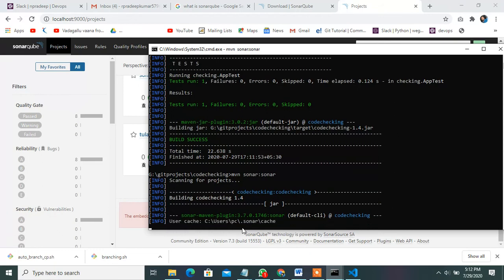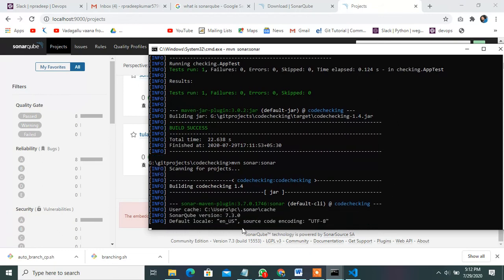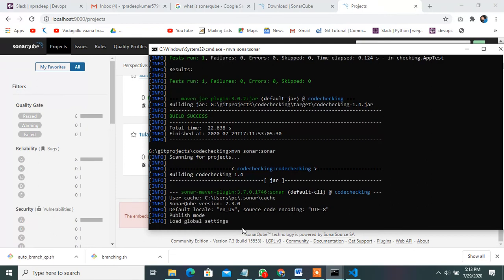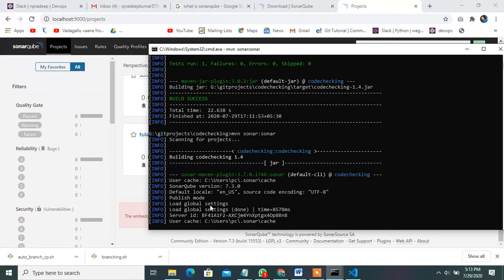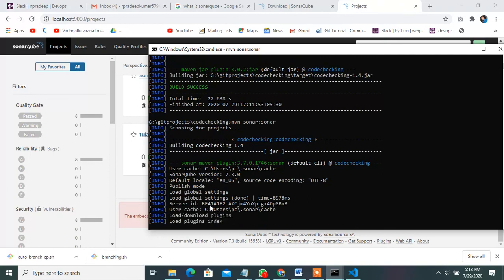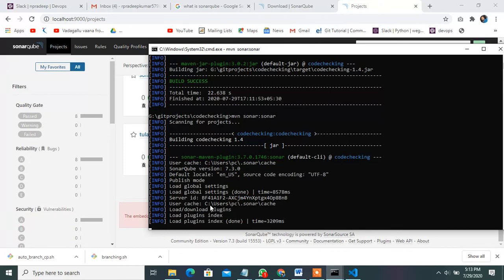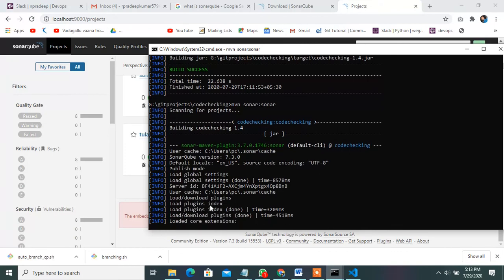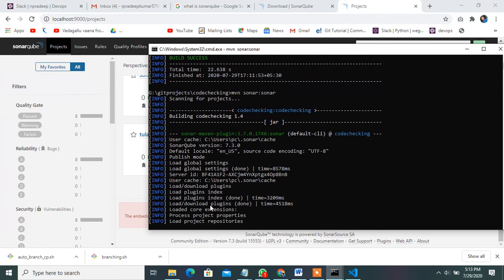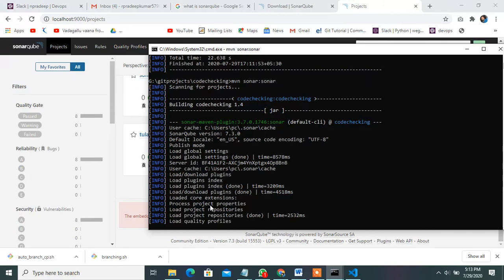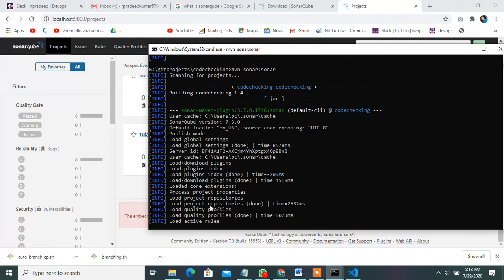Your project will be checked for bugs, errors, vulnerabilities, reliability and security. You can observe the process here: default publisher, global utility and caches, all the checking. First it checks the server and the code, then it mentions all the plugins, properties and project qualities.